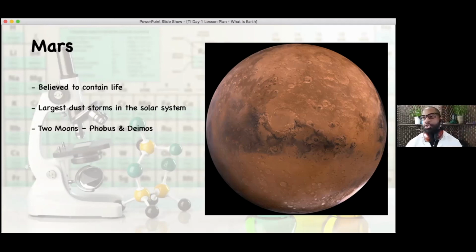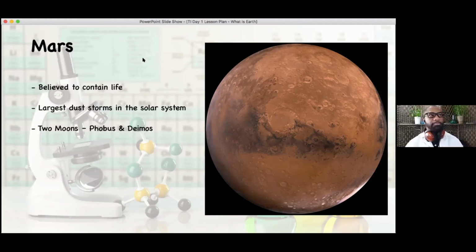But one thing we actually do know from a lot of the rovers that we've had exploring Mars is that Mars has a very, very unique climate system. It has one of the largest dust storms in the whole solar system. And that actually makes things very complex. We've had certain rovers in the past that have explored Mars that we've had difficulty actually being able to complete our analysis on because of the fact that we've had dust storms. So we've had rovers such as Sojourner and Spirit and Opportunity and Curiosity that have taken samples and taken amazing pictures of the formations on Mars. So we know Mars is also a rocky planet, very similar to Earth. And I think that makes it very, very special.